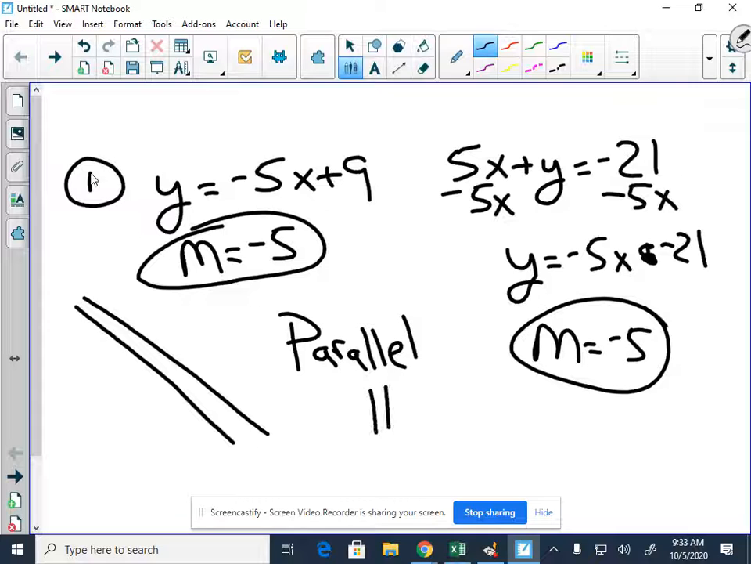The symbol for parallel is two lines like that. So if you want to shortcut it and put parallel, just make sure then that you're somehow letting me know they're parallel lines. Okay, now number two, we didn't do one like number two, but we're going to graph number